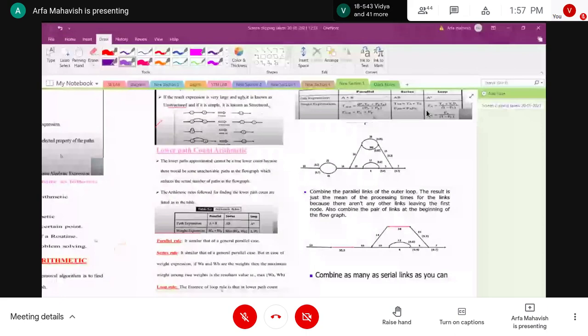So here the probability time is minimum 10, and look at this diagram. This is the diagram, guys. Here we have the times. 10 is a process time and 0.3 is a probability time. Here 20 is a process time and this one is a probability time. This one is a process time and this one is a probability time.